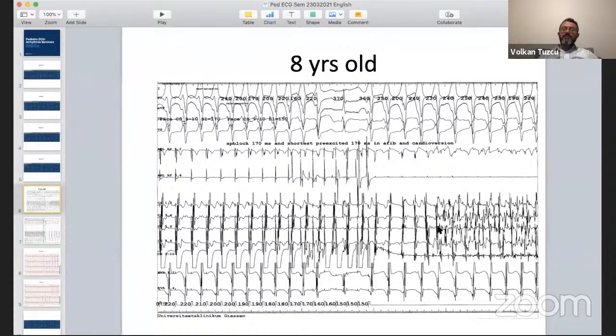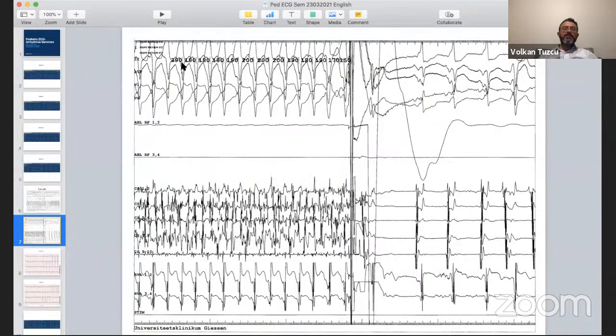And what we don't want to see is fast conduction down the pathway. And actually, this is what we see. You see 180, 190, this is milliseconds. So this patient is going down the ventricle at about 300 beats per minute, and can easily go into VF, or ventricular flutter or VF, with this rhythm. And then we shock by giving a synchronized cardioversion here, in this case, into sinus rhythm.